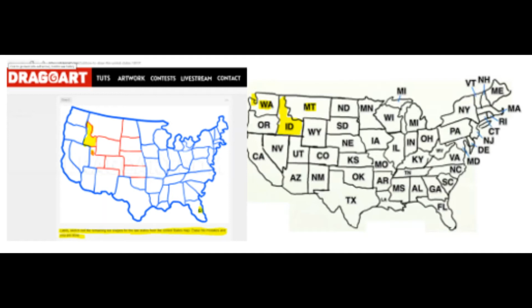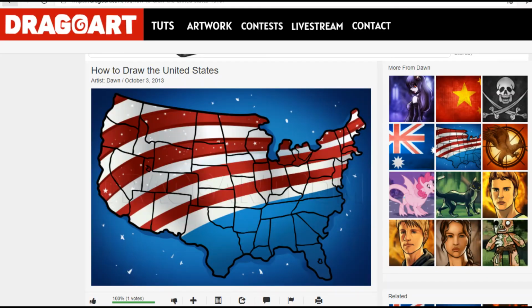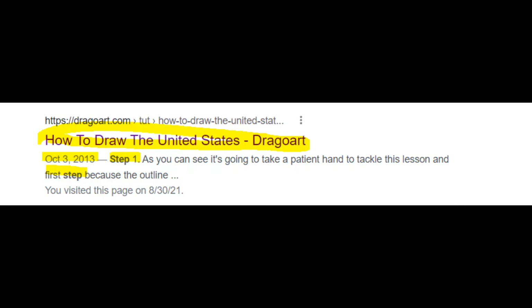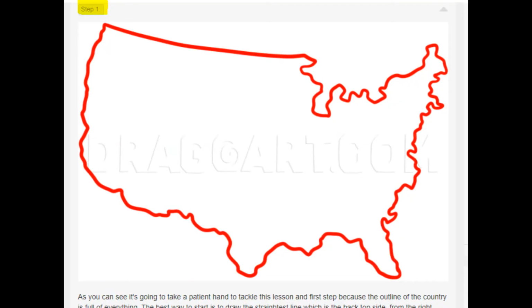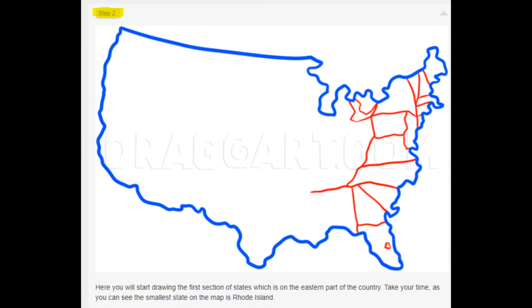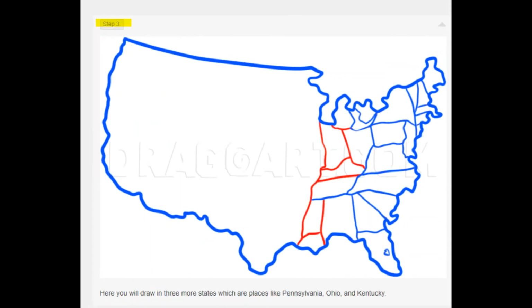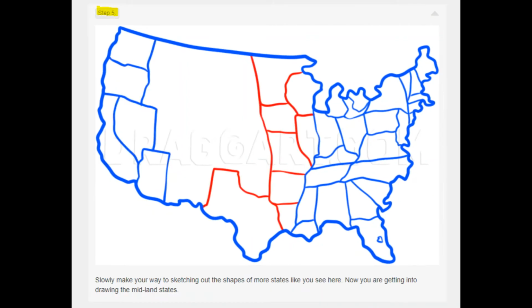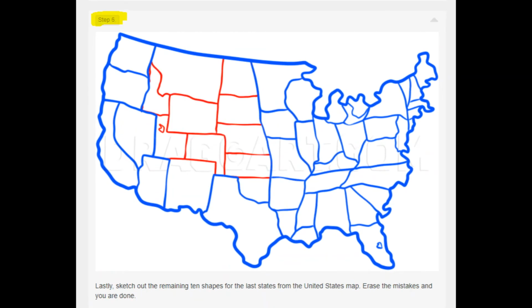And Idaho, as you see in Drago Art, is a company that's online. You can look up this website right now. They take you through a step-by-step drawing of America. And each state, they take you through the states, you draw them, and then you go on to the next state, and it teaches you how to draw America. They just didn't wing it and throw it together. They took step-by-step drawing. And that is exactly how I remember America used to look, and Idaho never went up